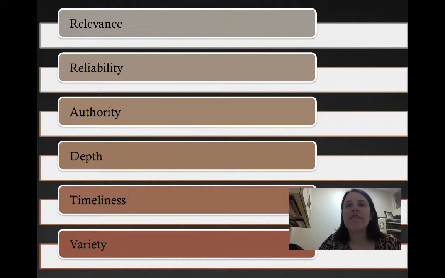When it comes to evaluating your sources, we started talking about this a little bit in discussion. There's a number of different qualities that you might be looking for. Let me go through them each briefly. Relevance is just the question, does this source really relate to my paper? You want to avoid straining to work in sources that don't really quite fit. So, ideally the books, the websites, the articles that you're looking at are going to be directly about your topic.